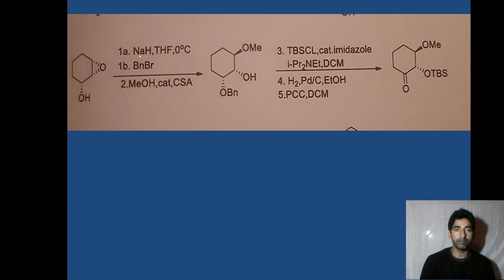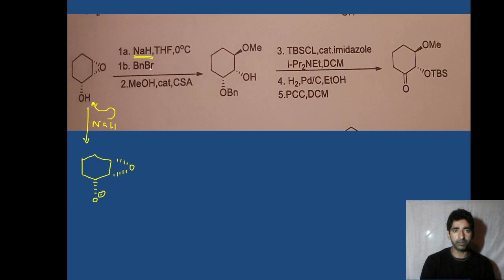Now in the first step, base is given, NaH. Metal hydrides are strong bases, they are good bases. So base is given. What is the function of the base? Base will abstract the proton. So this is the proton which will be abstracted. That's acidic proton. So what are we going to get? We get O minus and we have epoxide over here.